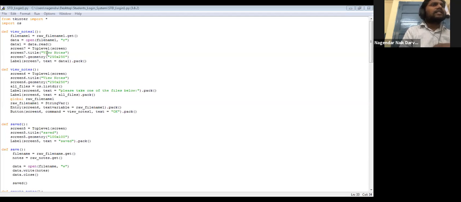On the seventh screen it will open the file and show the data.